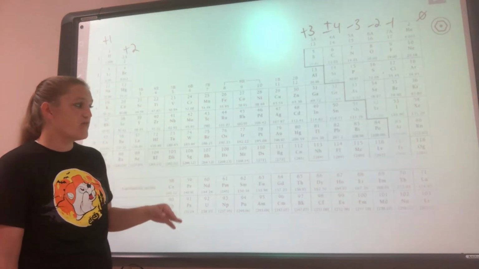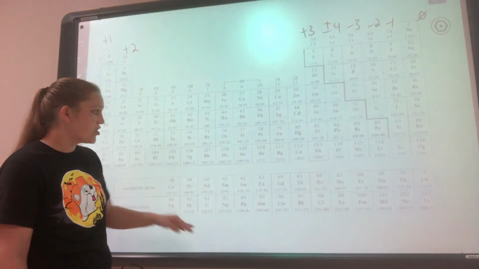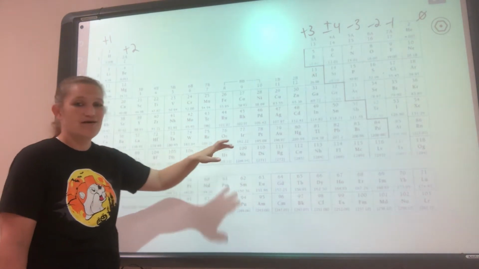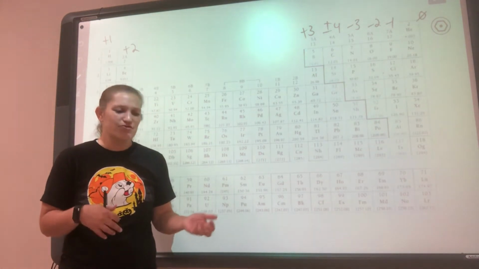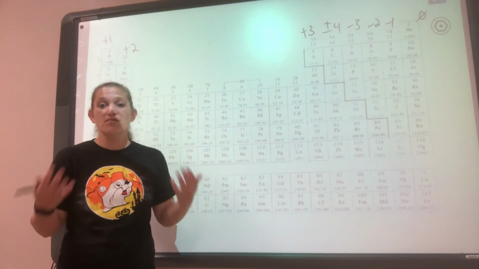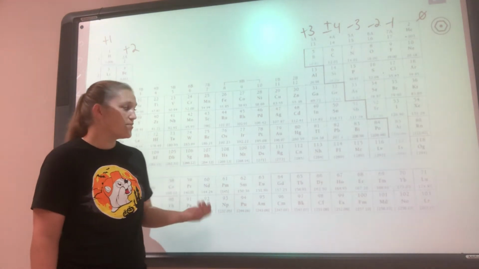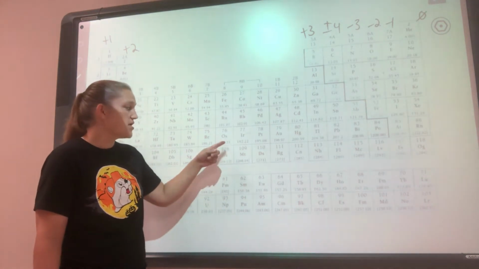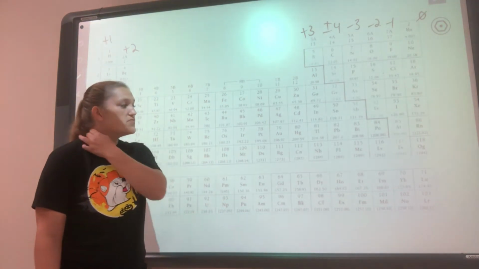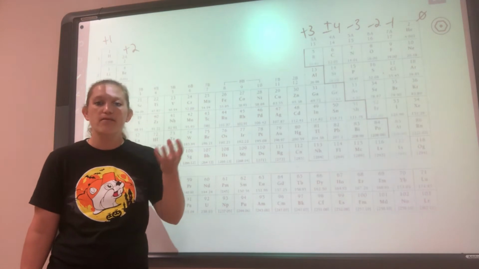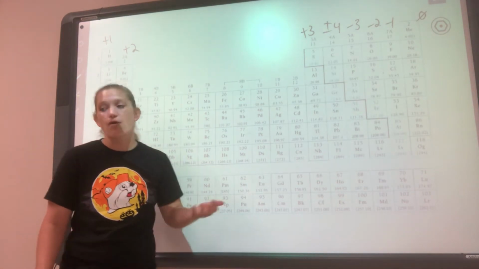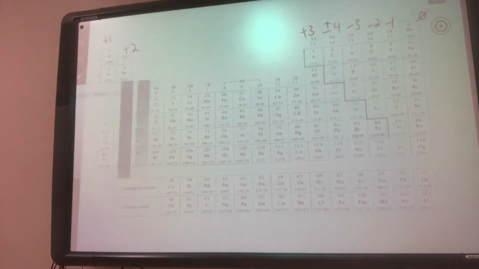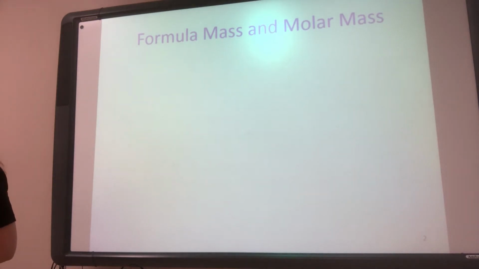But all of that we did at the end of that chapter was just for a single element. But in chemistry, we don't just deal with elements, we deal with compounds and molecules. So now we want to be able to go from grams to moles or moles to grams by using a whole compound. So now we need to figure out, how do we find the molar mass of a whole compound? Okay? So the formula mass